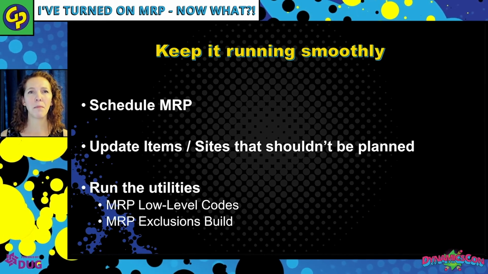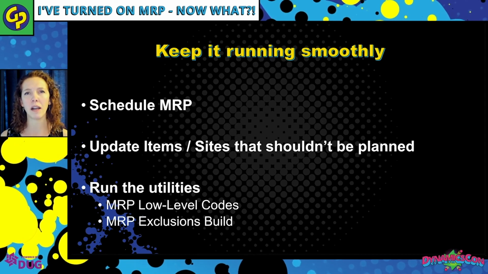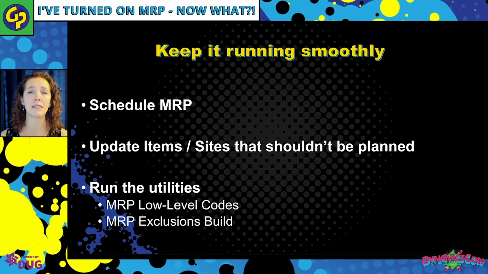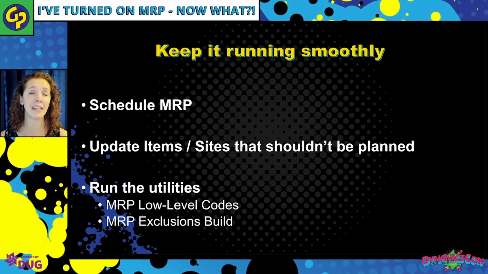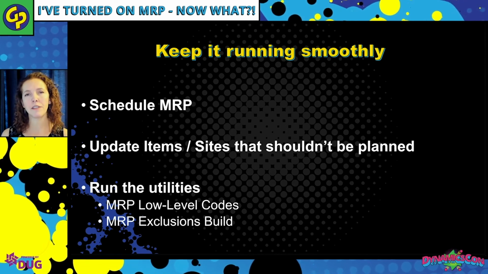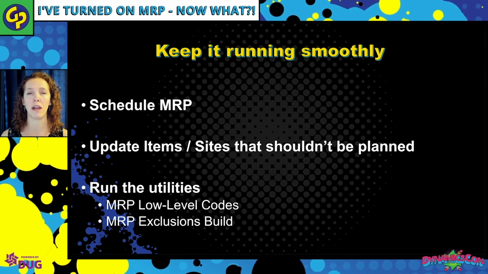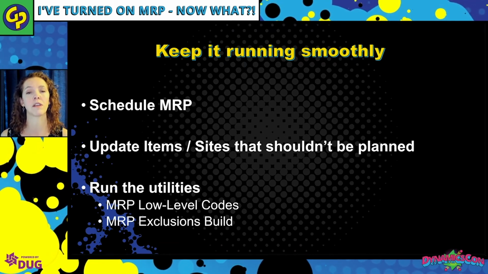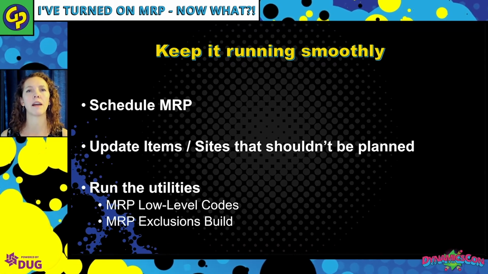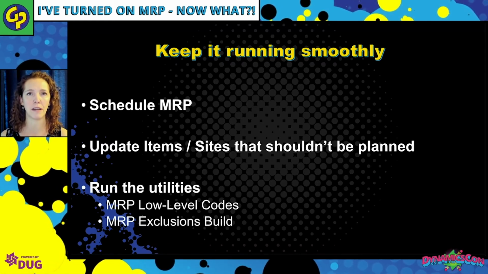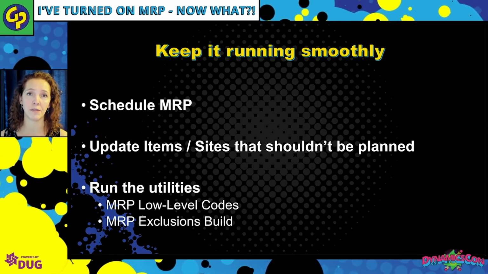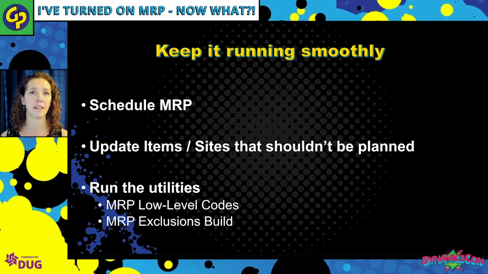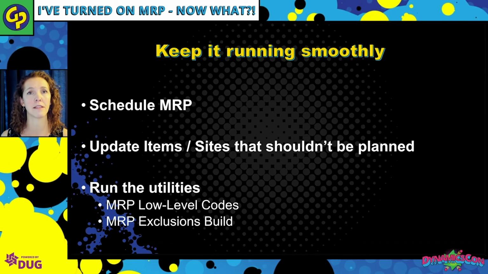The next thing is there are just a couple things you can do to keep it running smoothly, to automate it a little bit. So do schedule MRP so that it auto regens. It's in the MRP setup. You do have to be logged in as SA because you're going to create a SQL job. It's a relatively friendly window, but you can set MRP up to run every night at midnight or every 4 hours or whatever makes sense for your business and the rhythm of your orders. But get MRP scheduled so that it's going at a pace that the users don't have to do it every time. They can still regenerate if they need to, but if they don't need to regenerate every time, then they can just get right into the system and get to the data